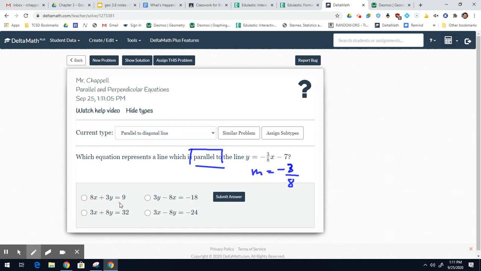The problem is each of these lines is written in standard form. You have to actually write them in slope-intercept form. Standard form is this: ax